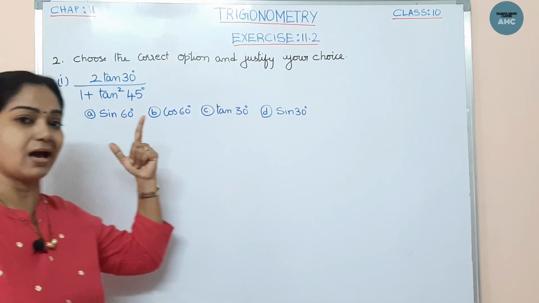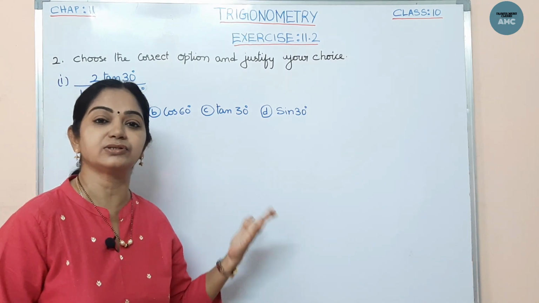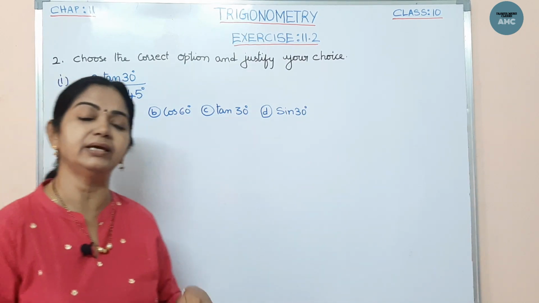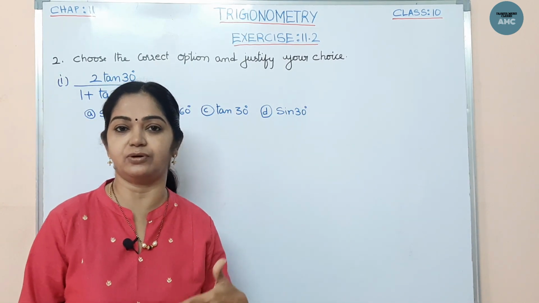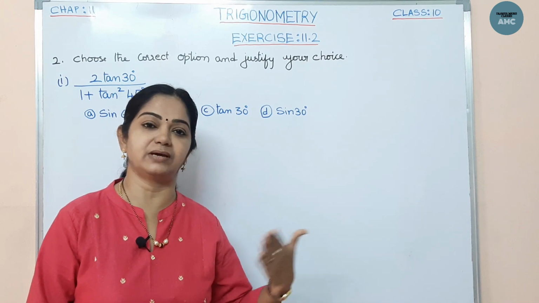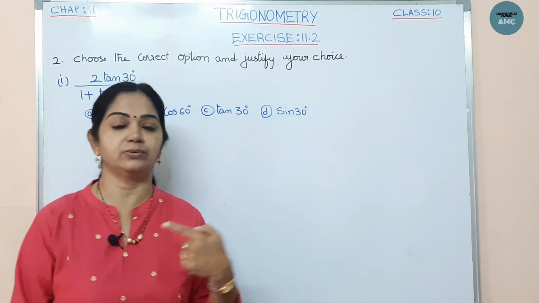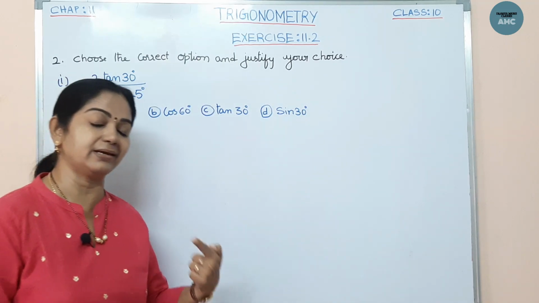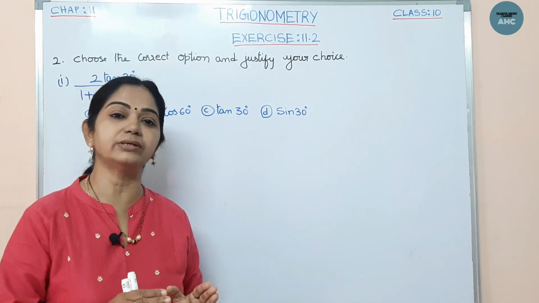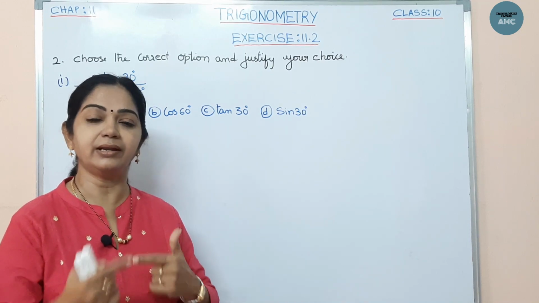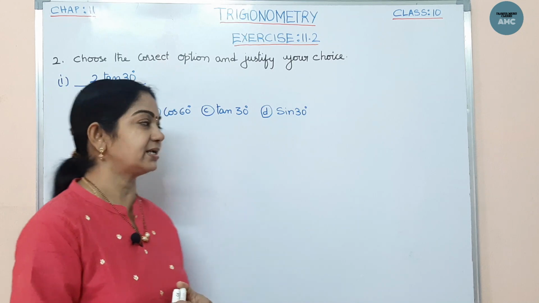Now these questions are based on the trigonometric values, and in a previous session we were dealing with how to write the trigonometric values in short form, how to do it. Two methods I have told you. One is to jot down the table by knowing only the sine values, right? The second method is bringing all the trigonometric ratios into one function, that is the sine function, and substituting the values.